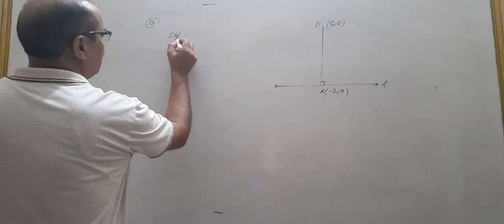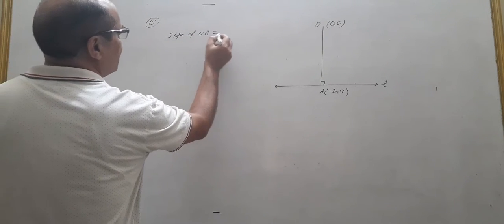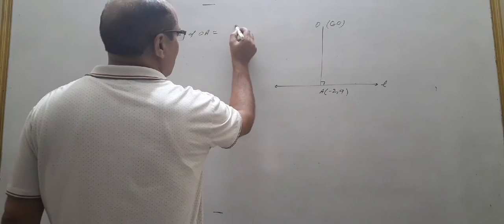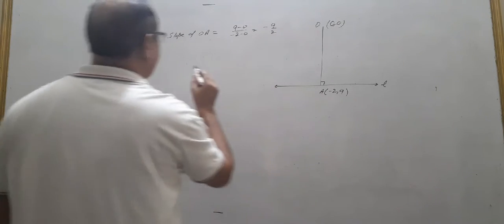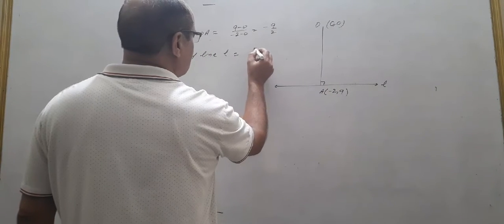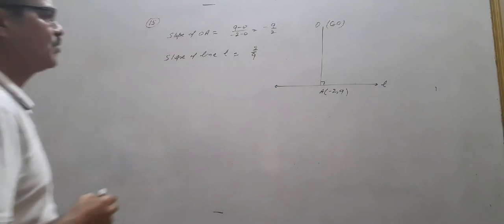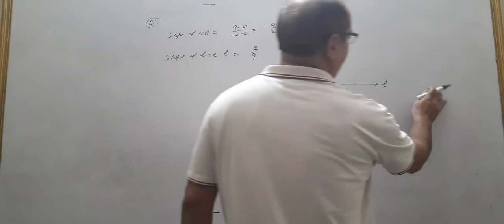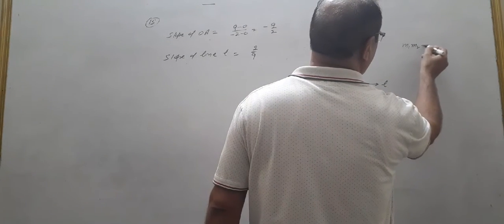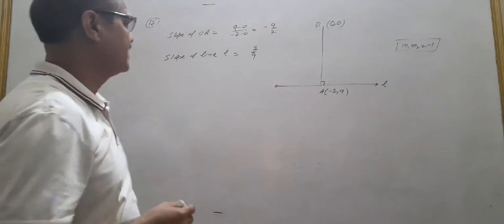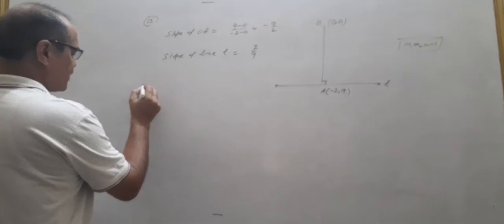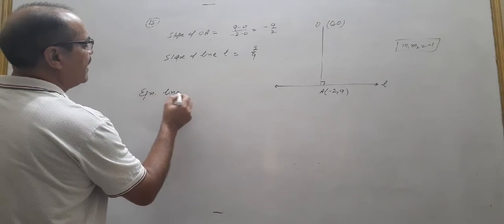So first of all, we will write the slope of OA. The slope of line OA, that is y2 minus y1 upon x2 minus x1, gives you minus 9 by 2. And the slope of line L, which is perpendicular to this OA, becomes 2 upon 9 by applying the condition of perpendicularity of lines. That is, the condition m1 m2 is equal to minus 1 for perpendicular lines. If its slope m1 is this, then what will m2 be? The negative reciprocal. Now the equation of the line L will be